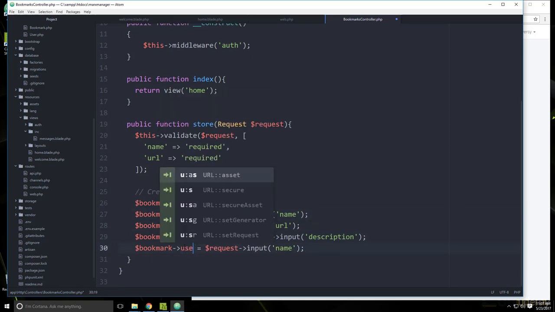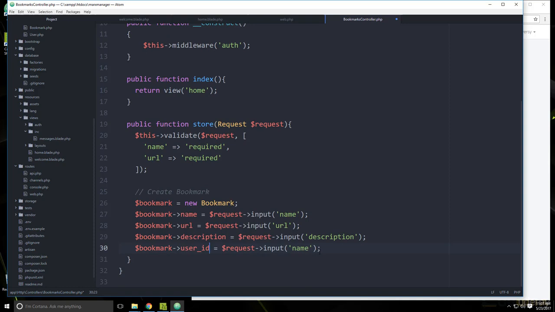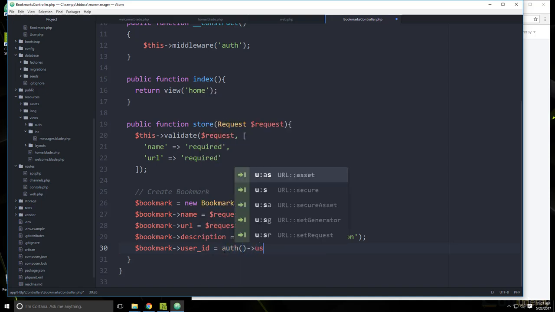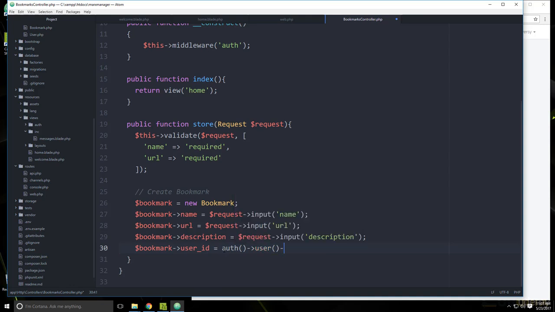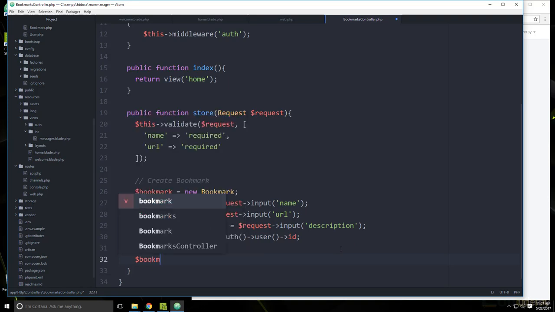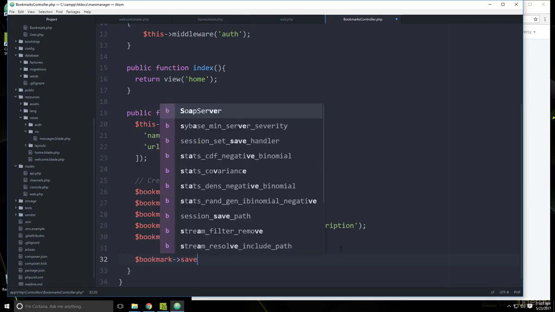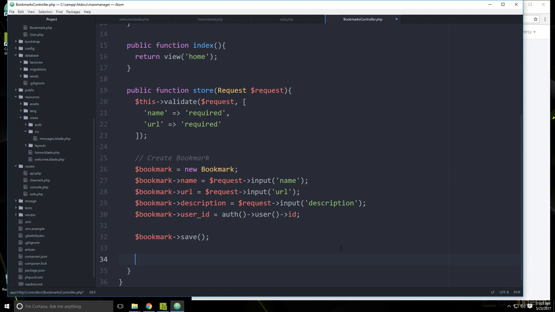Okay, so let's say user ID, and this isn't something that's going to be in the form. This is coming from the authentication. So to get this, we can actually just do auth, user, which is a function, and then ID, which is a property, and that should get the ID of the logged in user. Alright, then once that's done, we just want to call bookmark save, which should save it to the database, and then we want to redirect,